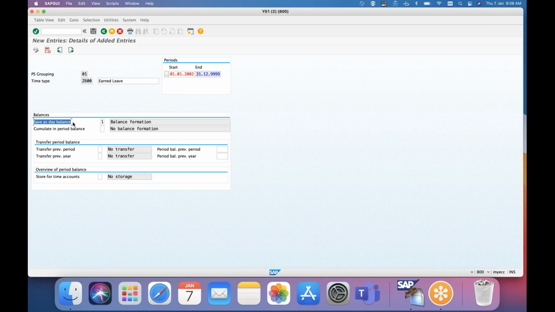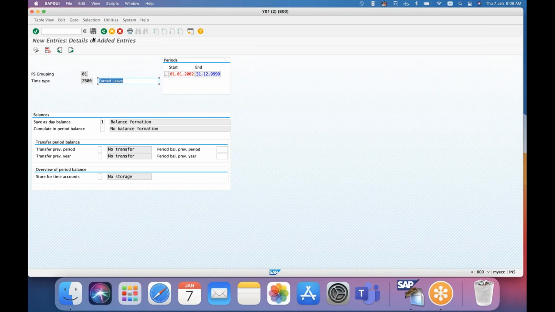As I said, for the day balance there are two tables. One is the temporary day balance table, which we will call TES, and there is the actual day balance table, which is ZES. Let us discuss the rest of the things in the latter part. Similarly, we have the month balance table, which we will call the SALDO table, which will store month wise. It will not store day wise; it will accumulate month wise. That also we will see in the later part. So first I have created a time type to store, say, 2.5 at the last day of the month.